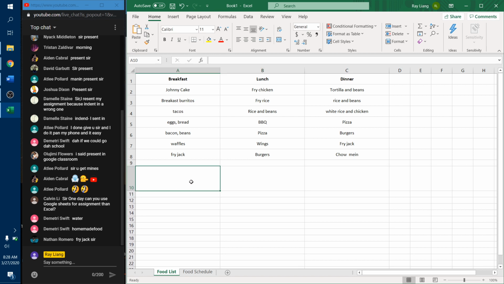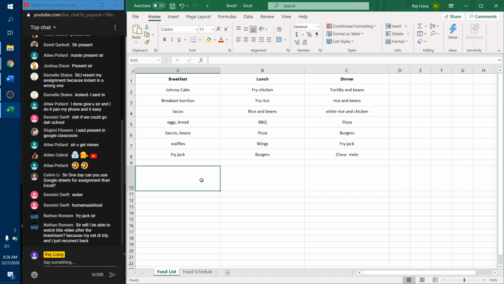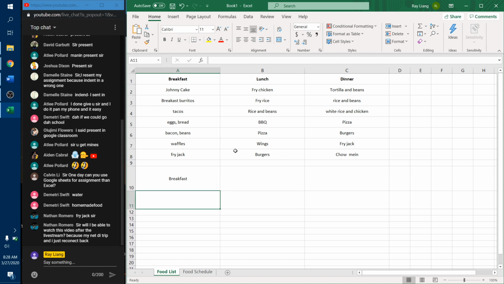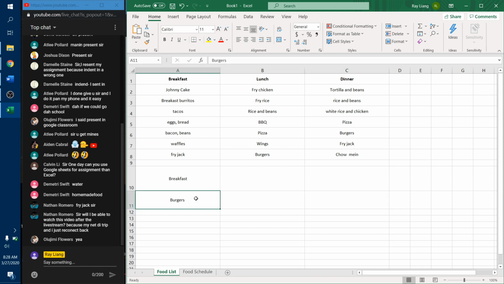Alright, so here I want it to be that you can only enter food from breakfast, alright? Because if this is gonna be my breakfast cell down here, and I only want to select foods from breakfast, I don't want the user to go and accidentally put burgers, right? Because if the Excel file allows you to do it like this, that might be wrong, because burgers isn't a